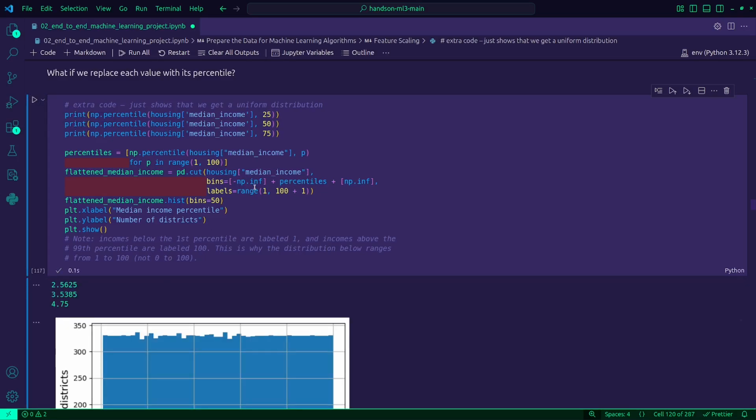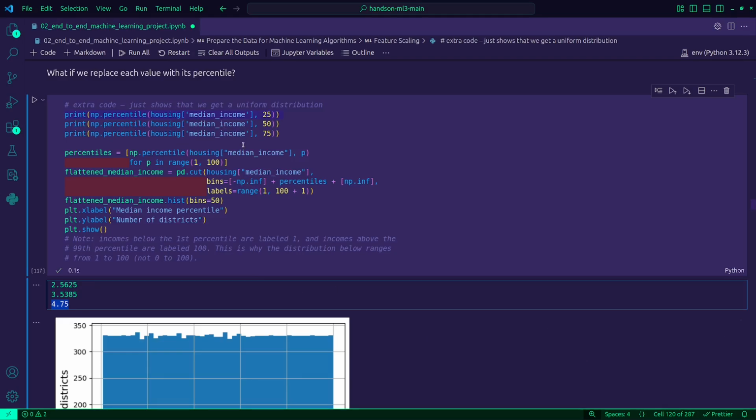And 75%. Now we can basically say that 25% of the districts have median incomes that are less than, I don't know, 2.5, basically, let's say less than $25,000. 50% have incomes less than $35,000, and 75% have incomes less than $44,700.